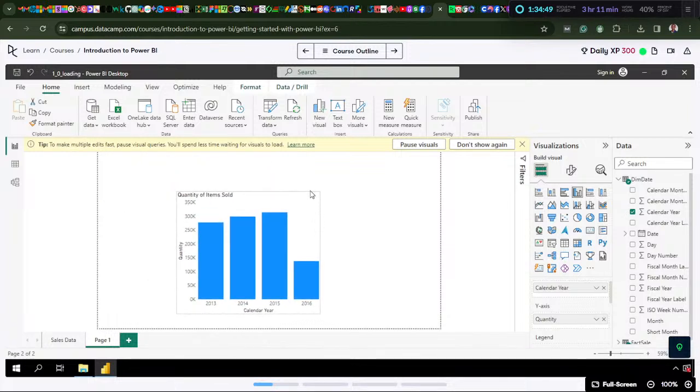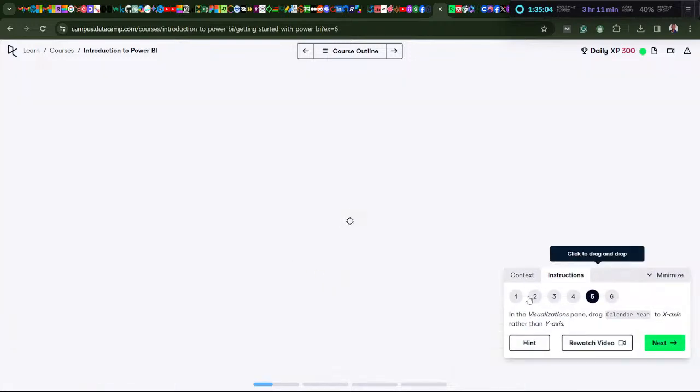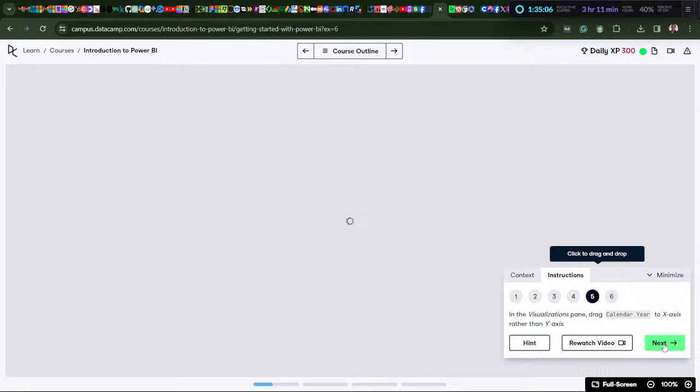You can see quantity sold per year. 2015 had the highest sales, followed by 2014, 2013, and 2016. There was a drop in sales in 2016. If I click on next,